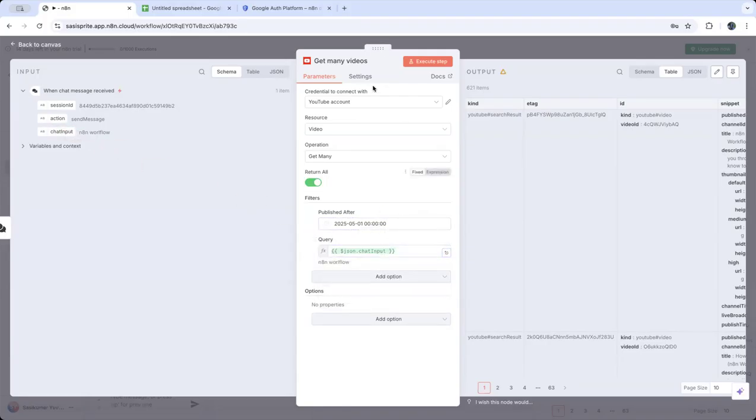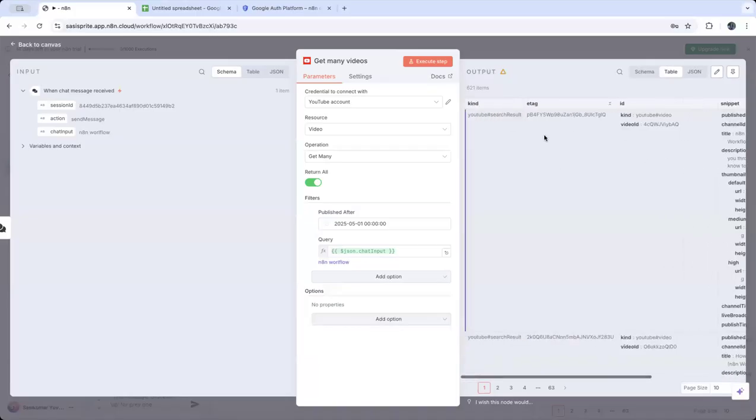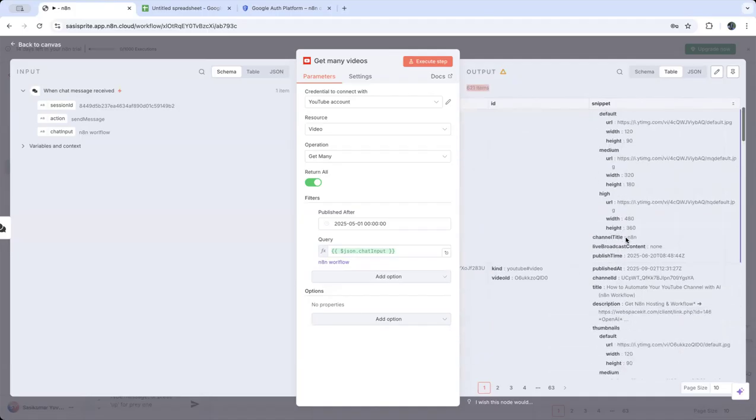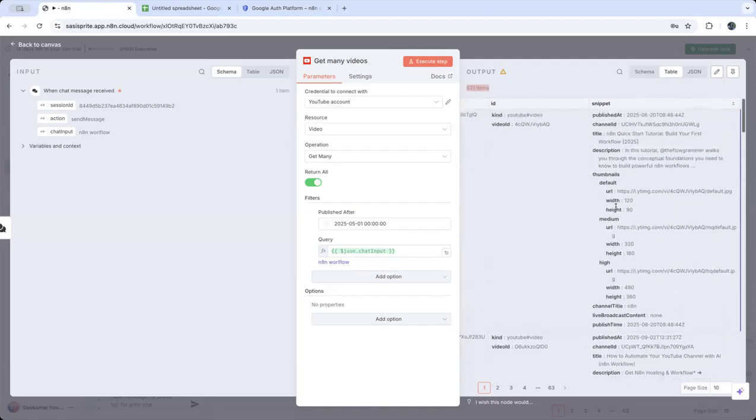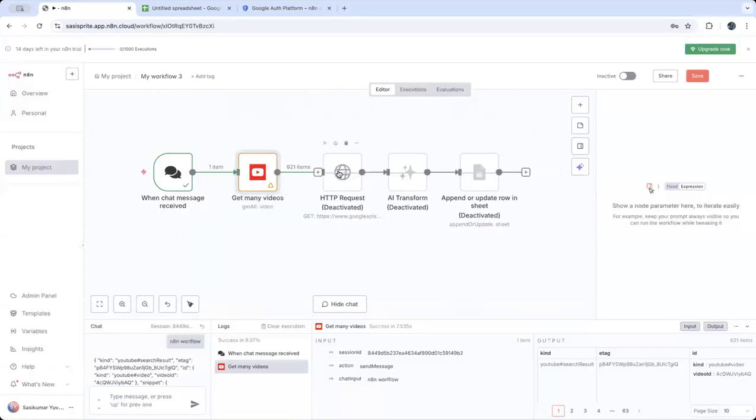So once it's done, you have a live connection, you have an input query from your chat window, and that goes to your YouTube, and then it returns a response back in this format. So these are all the data returned by the YouTube API. I have 621 results. Now these are all very minimal information that I've got from YouTube. Now my next step will be how I can,